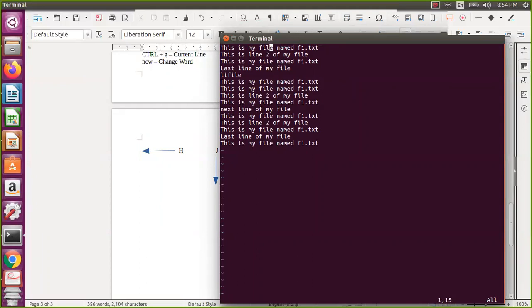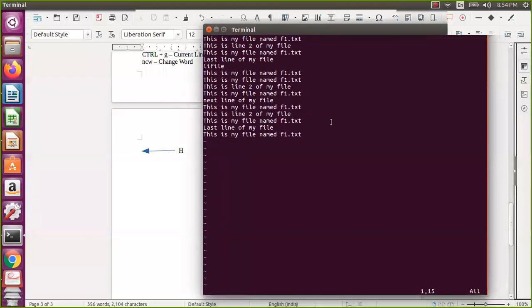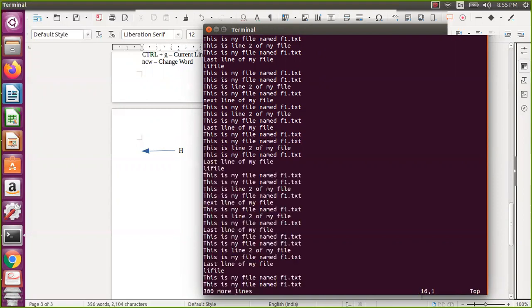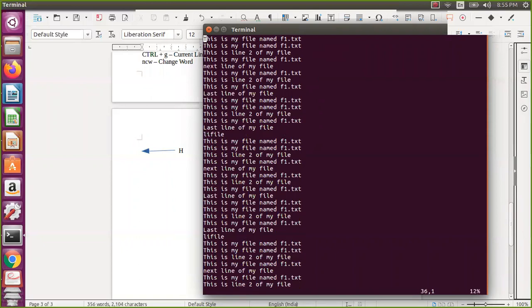So now before going further, let us see page navigation. Now I have 15 lines, I know that. So I say 15 YY. Okay, I'll come to the last line with shift G, and now I say 20 paste actually. You can see 15 into 20, 300 plus 15, so 315 lines will be there actually. Now I am in the first page. I want to go to the next page actually. You can see here 36 is written actually.